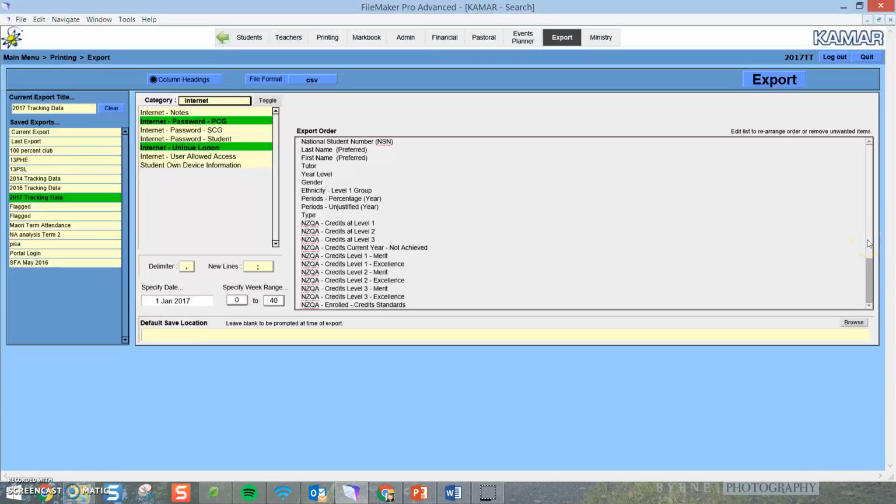Starting with the NSN number. That's really, really important. So different than the ID. So KAMAR produces a student ID. That's very different to the NSN, which is the national student number. And you'll see why having the national student number is vital in terms of when we want to link other spreadsheets. Last name, first name, tutor group, the year level, gender, ethnicity,